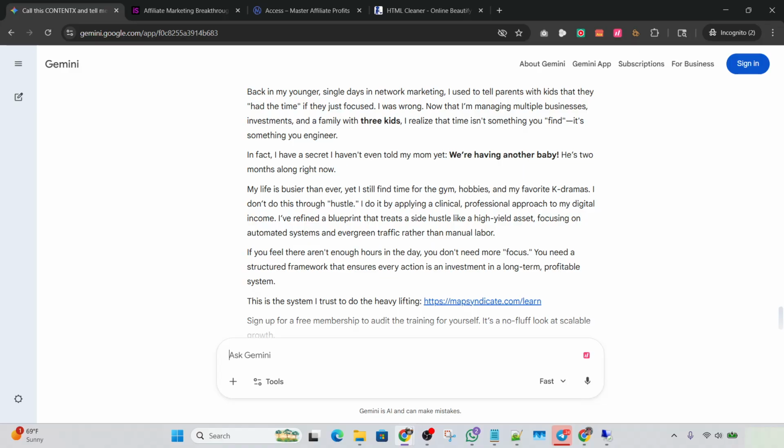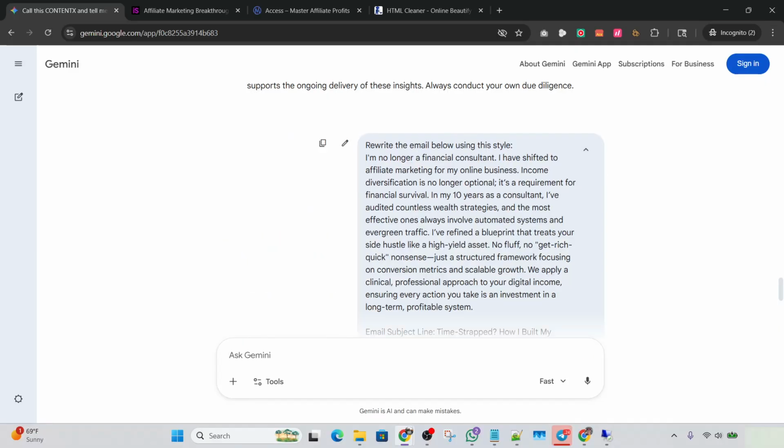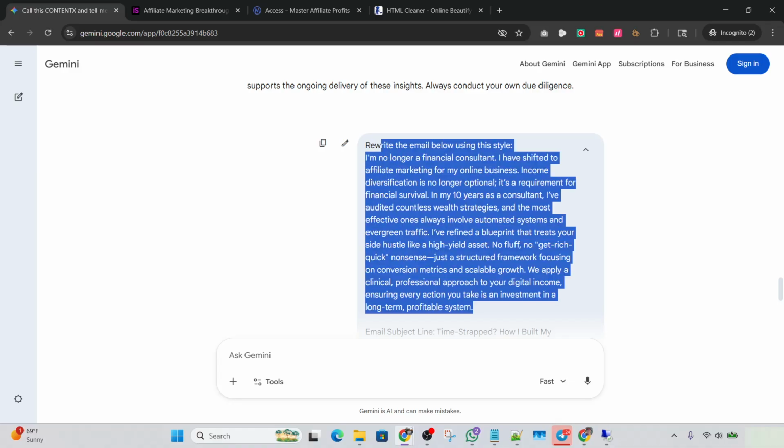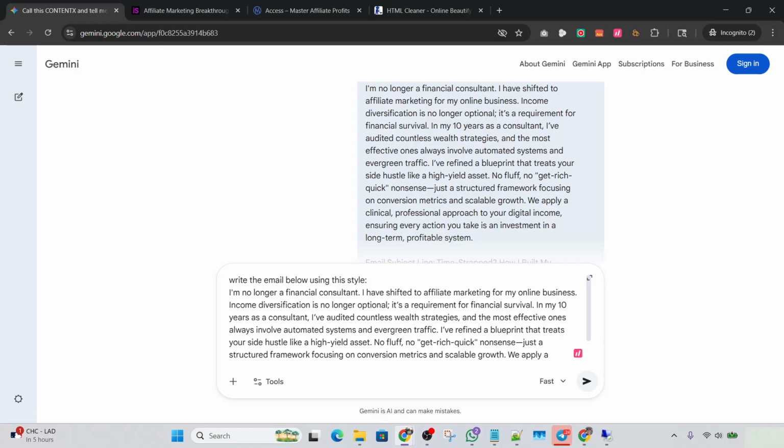So another way that I go about this is I get ideas from AI. So I could go ahead and use this again. Instead of rewrite the email below using my writing style, I'll put write a 7-day sequence using this writing style.